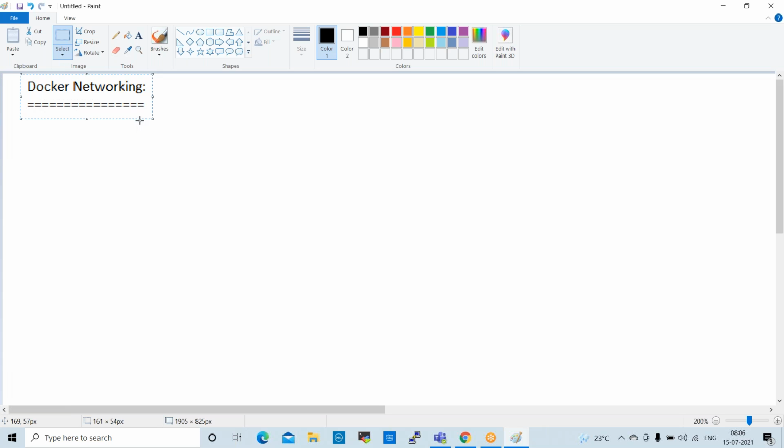Normally in real-time projects, when we create containers and networking, the first point is we use Docker Enterprise Edition. Currently we are using the community edition, but in real time we use the enterprise edition. In our project, whatever scope or subnet range is there, the IP addresses will be created only within that. Whatever range is inside your private network, it will take that range.